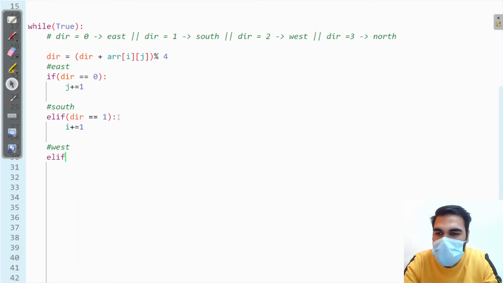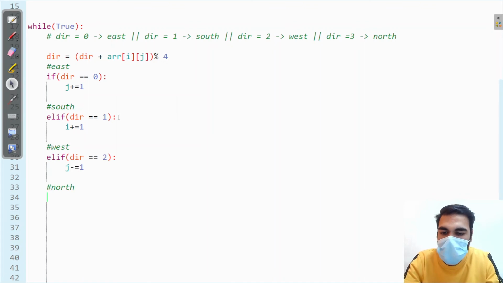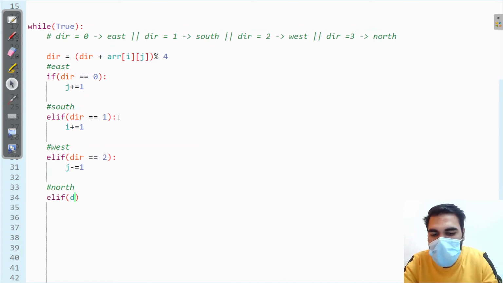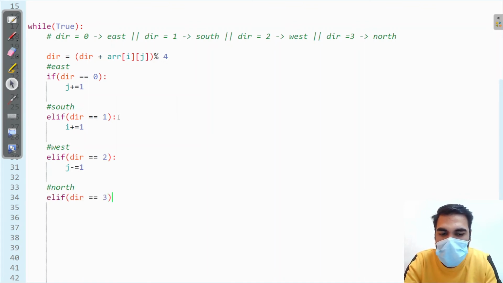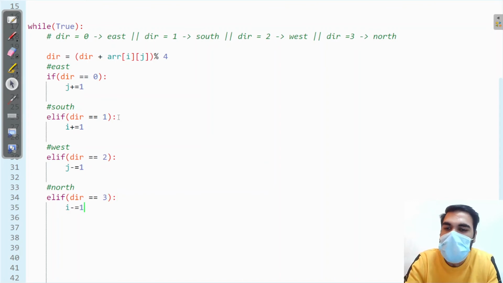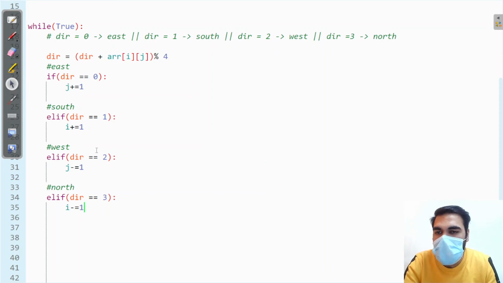In west direction, your direction value will become 2, and here you will decrease your j by 1, and then your direction will become north. If your direction value becomes 3, you will decrease your i. Up to this point you have to be clear.